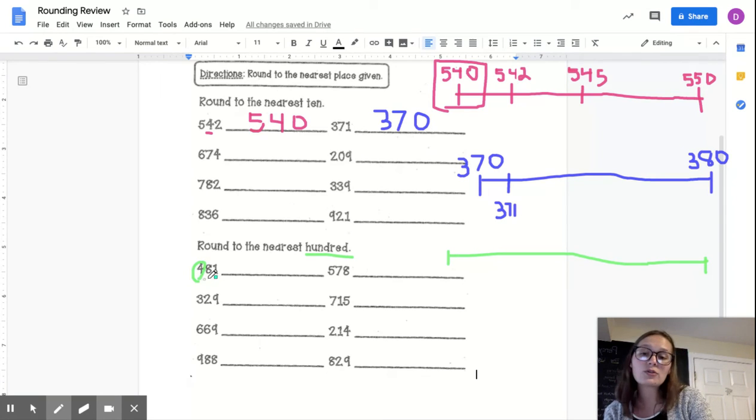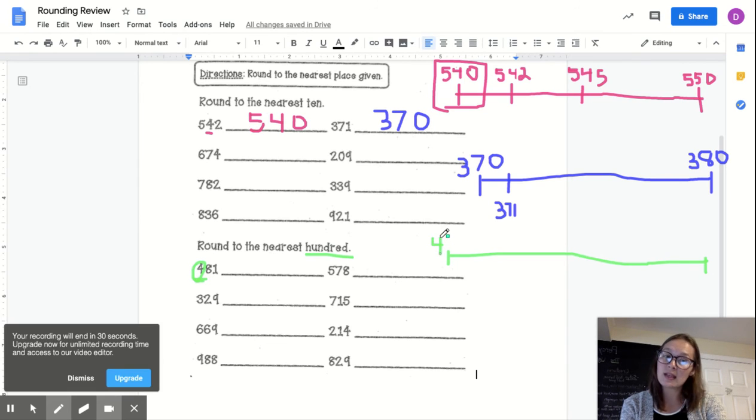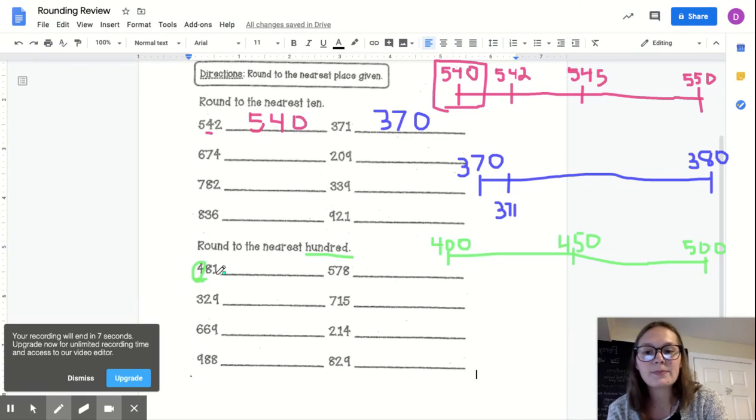Now, 481, you can always look at that first digit to give you the smaller 100. 4, and since we're talking about hundreds, 0, 0. And then if you're counting by hundreds, 100, 200, 300, 400, the next 100 is 500. All right, and in the middle, halfway between 400 and 500, is 450. That will help me see, I know that 81 is more than 50. So 481